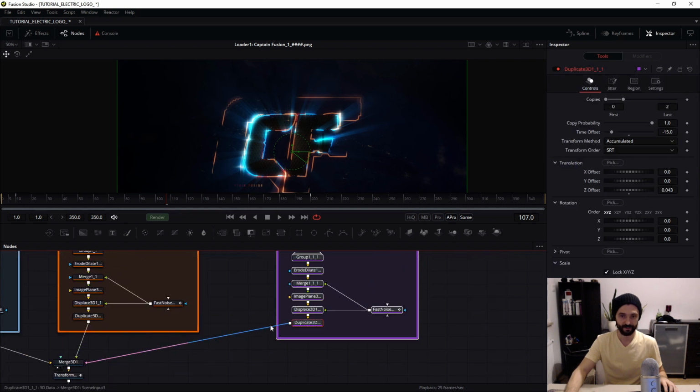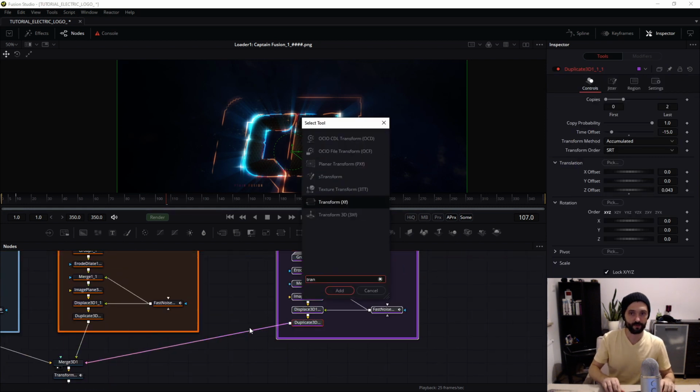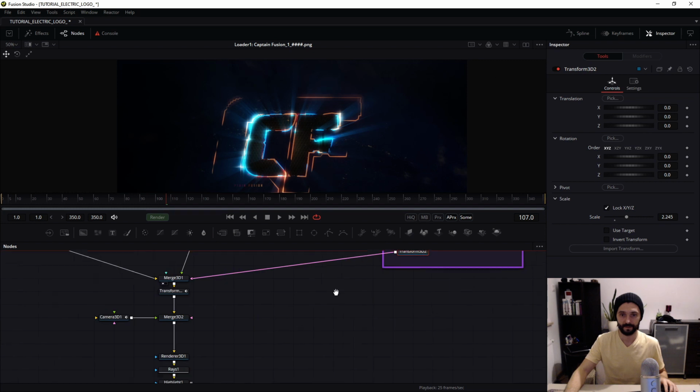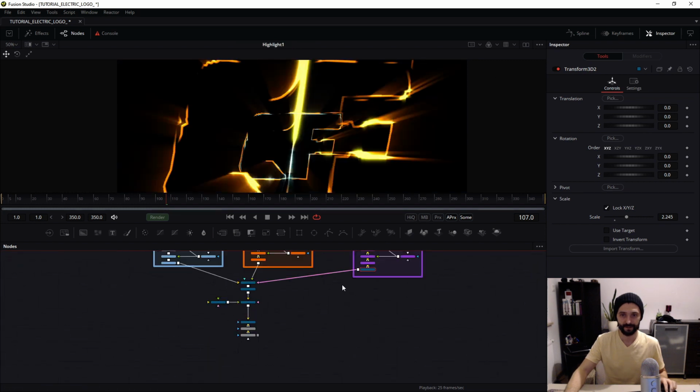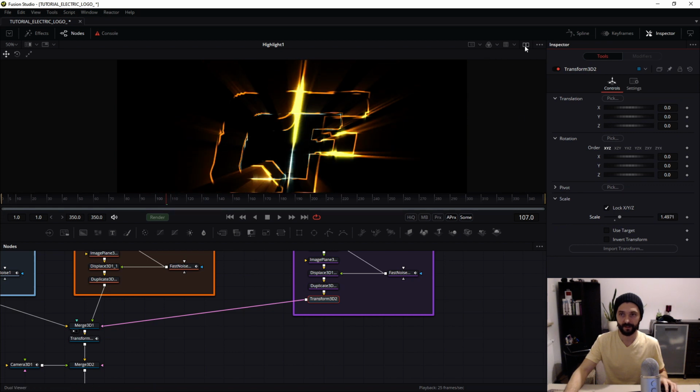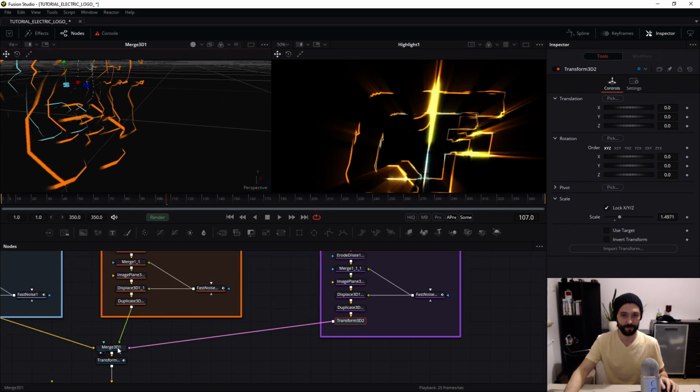I add in this place transform 3D, and in transform 3D I change scale. Sorry, this is this object. Change scale, maybe change position,